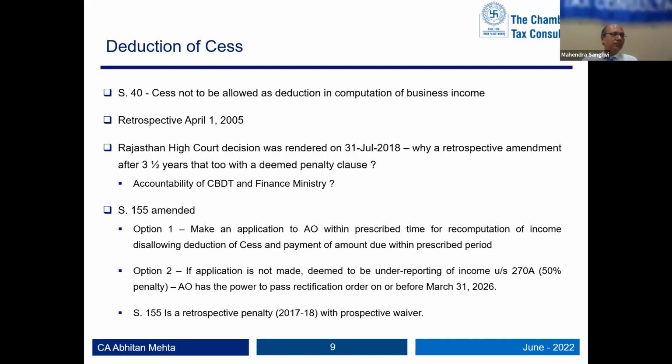And in the online era, possibly you will have some form, I feel, though it is not technically part of the rules. Whether you'll go to your assessing officer or you'll make it to the CPC, it is a bit internal for them. But once they prescribe the period in which you have to file, we will have better clarity on subsequent steps, whether it has to be a letter or a standard form or something to be filed online, but no visibility on that yet. And as Mahendra sir rightly said, technically they don't have to prescribe a form under the section. They have to only prescribe a period.